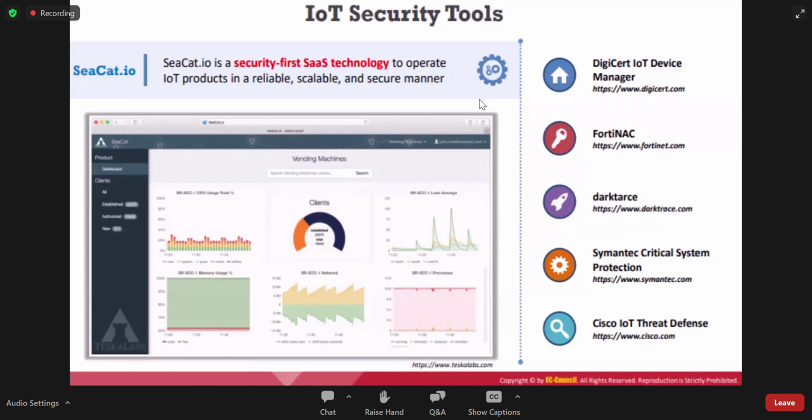These tools automatically alert the admin whether a particular device is up to date or whether an update is available. From the management portal itself, we can also update those IoT devices.